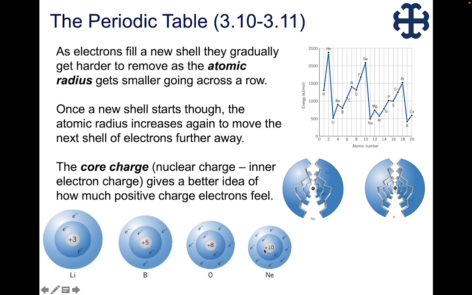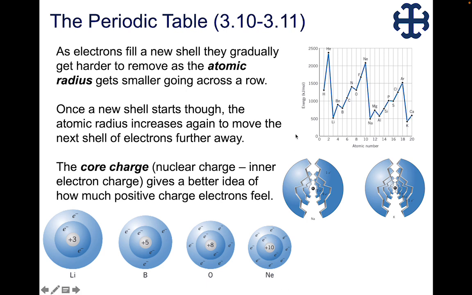Basically, as we have more of this positive charge centered in our nucleus, because we have more protons as we go up an atomic number, our atomic radius gets smaller and smaller as we go from left to right across the periodic table. That is ultimately related to basically having more protons and those protons pulling tighter on the surrounding